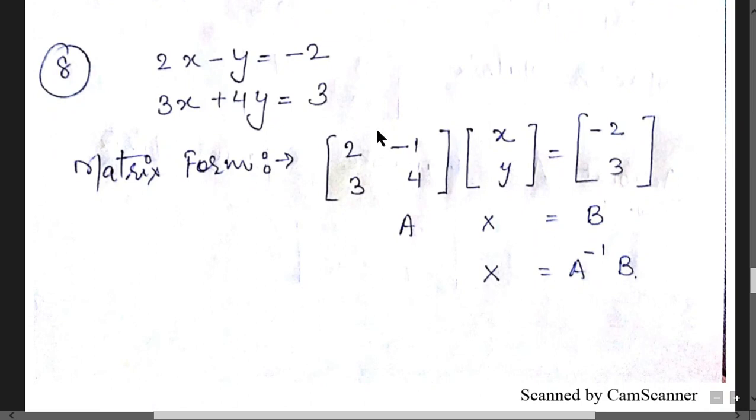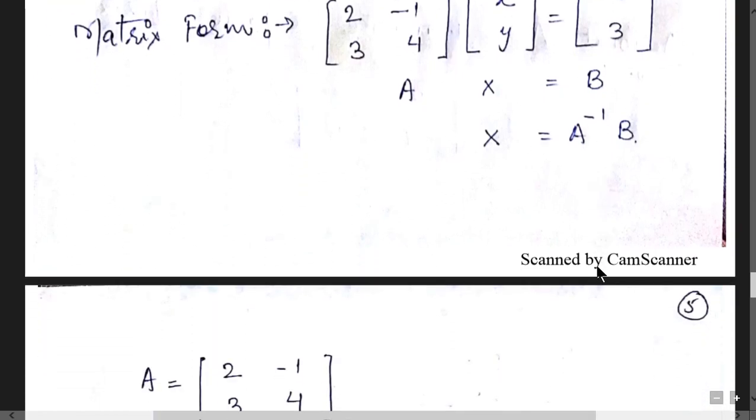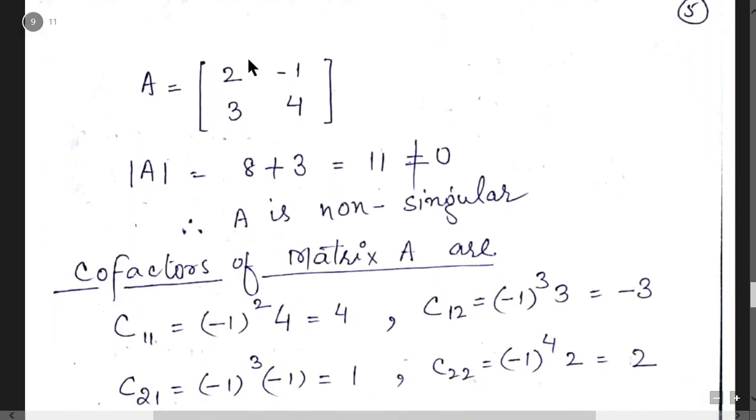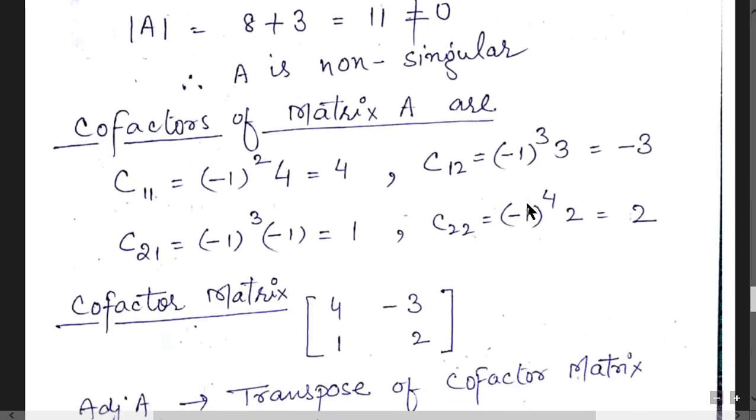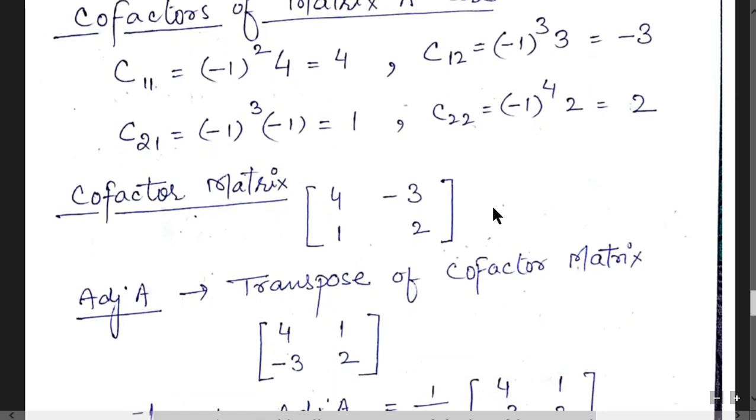Similarly, in question number 8, convert into matrix form. Then check whether it is consistent or inconsistent. The system is consistent because it's non-singular. Determinant is not equal to 0. Then calculation of cofactors. You can calculate the value of cofactors for the matrix. Then design the cofactor matrix